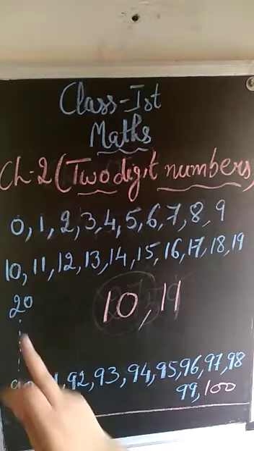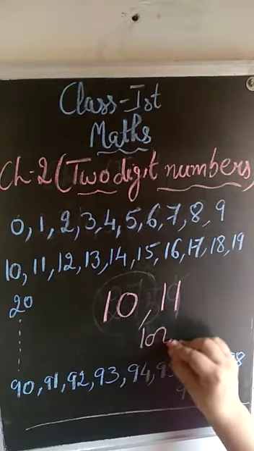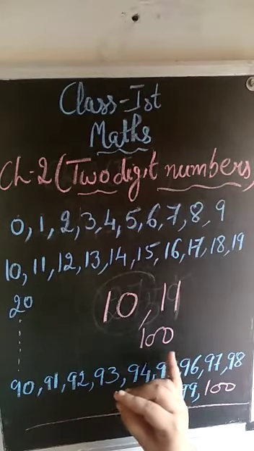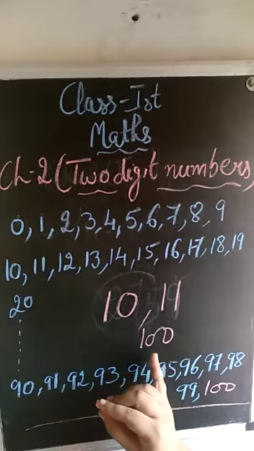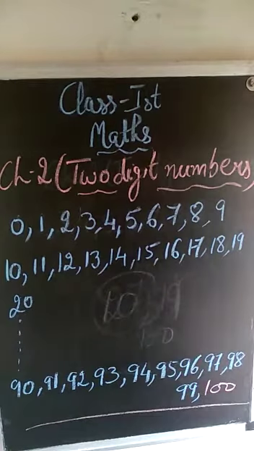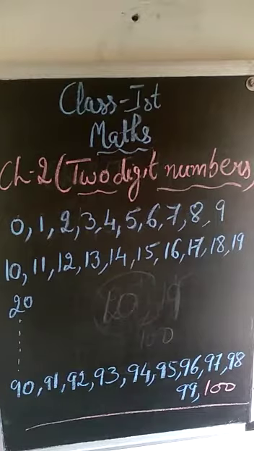Clear? That means the numbers from 10 to 99 are known as two-digit numbers, because after 99 we have the number 100. 100 means I have to write the digits 3 times. At first I write 0, 0, and the last one is 1. Now a two-digit number is a number where we write digits 2 times. And the next number is 100.